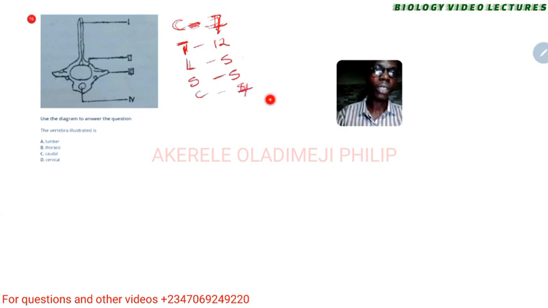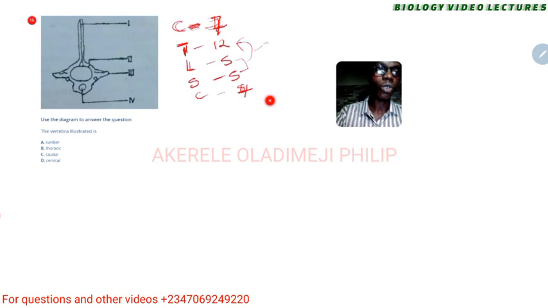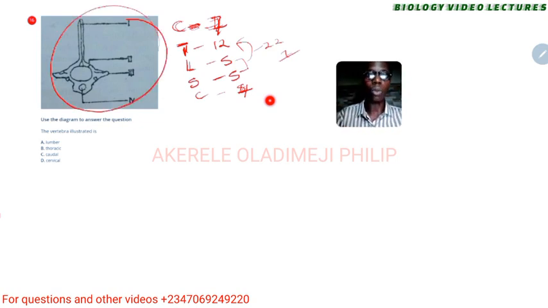So this is 12 plus 7 is 19, plus 5 is 24, plus 5 is 29, plus 4, 33. It's actually 33, please. So we have 33 bones that form the vertebral column. And the thoracic one is 12 in number, and what you have seen here is the thoracic one. So the answer is B.